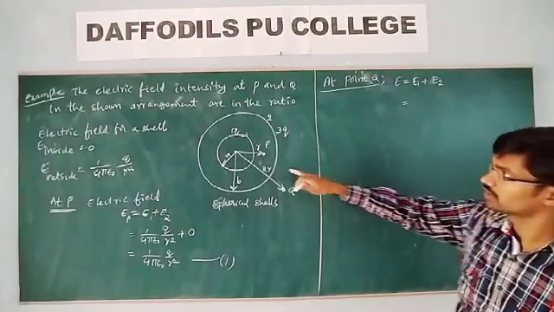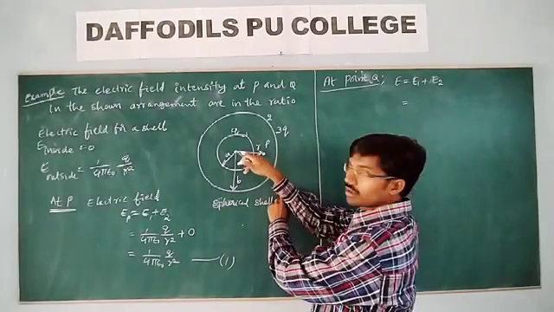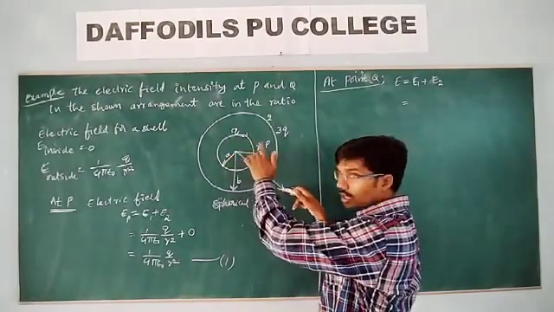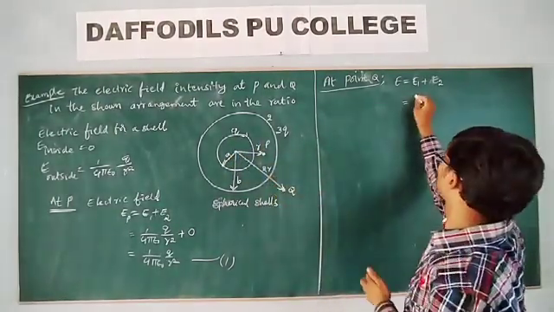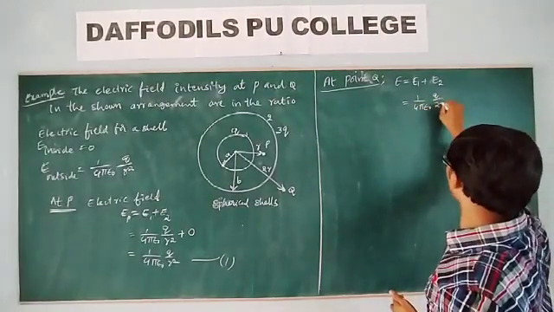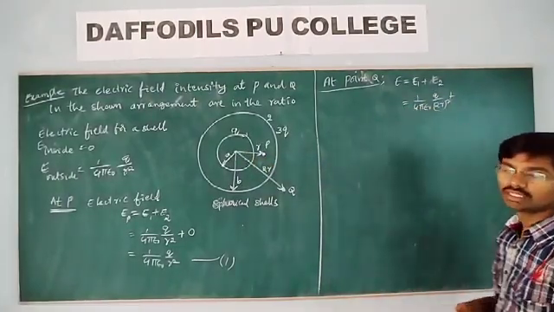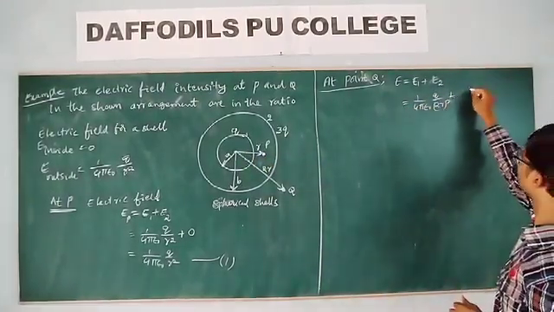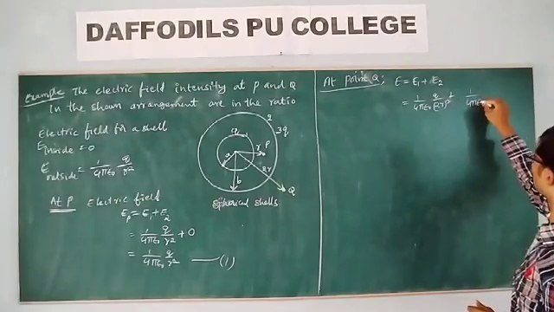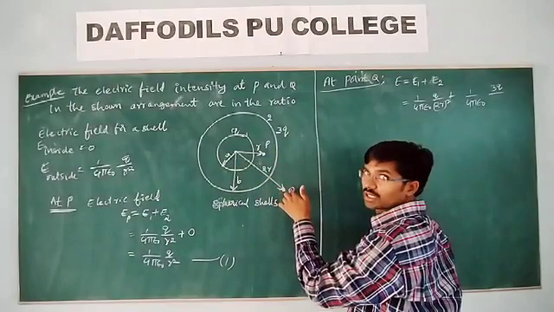That is equal to E1. E1 means electric field due to this shell, and this point is at a distance 2R, which is outside of this shell. Then what is the electric field? 1 by 4 pi epsilon naught q by (2R) whole square, because the distance from here to here is 2R. Similarly, E2 means 1 by 4 pi epsilon naught 3q, because due to this shell, at this point outside,